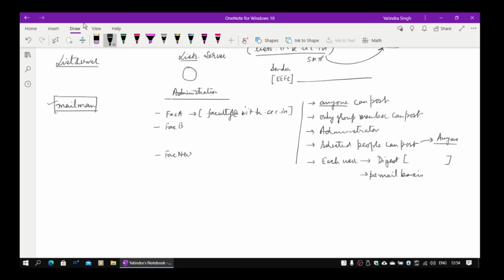Okay, and I also don't want the list to be modifiable by anybody else except the owner. Now in this case, who is the owner? The owner is the one who owns this particular server, who has the admin rights on this server. So the admin here is what actually controls the list.